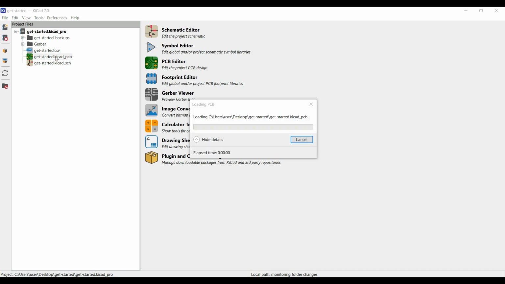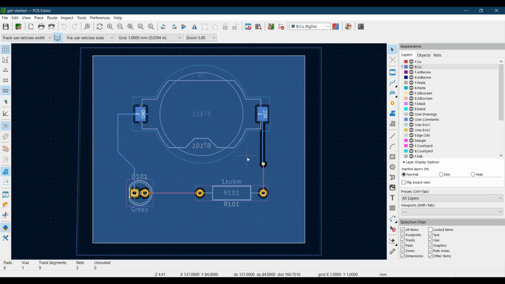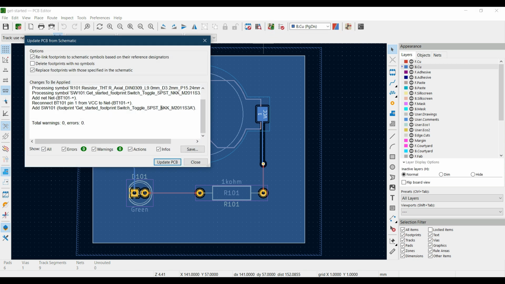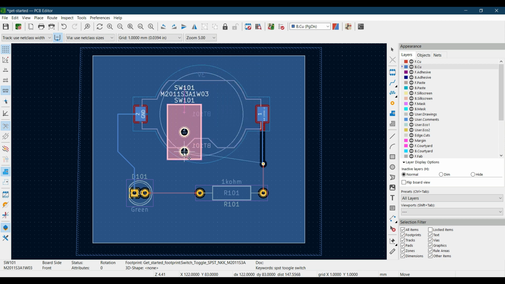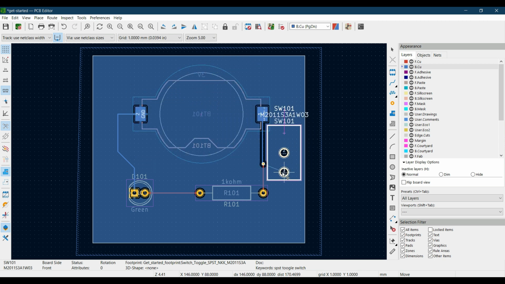Let's just double click it and it will load the PCB editor. So this is our PCB, but we see that we don't see the switch being added over here. Now we have discussed in the previous section that we have to manually update our PCB. For updating our PCB, you have to go over here, update PCB tool, click on this, and let's click on this update PCB. It has no errors, and let's close. You can see over here these components need to be placed over here,